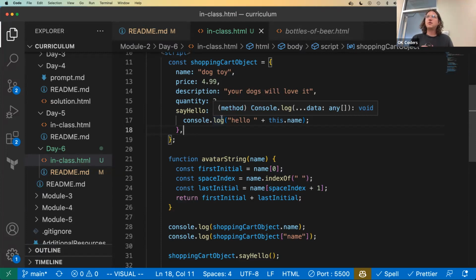All methods on string. Why can we call indexOf on name? So everything in JavaScript, even arrays, even strings, even numbers, they're all objects. So everything in JavaScript is an object. And that's why on a string you can access methods, because they are properties on that object. And then the string itself